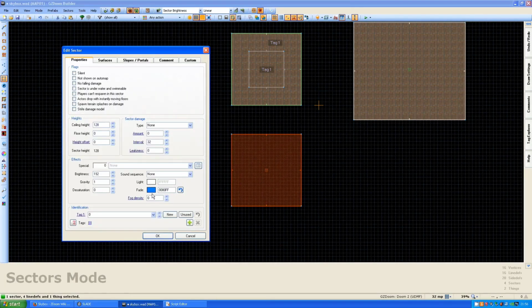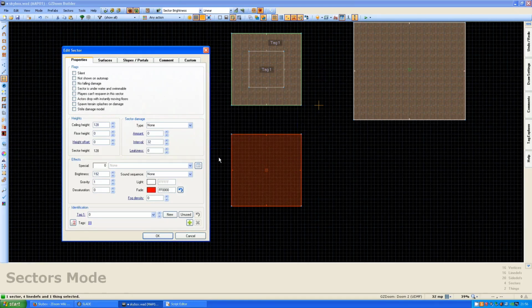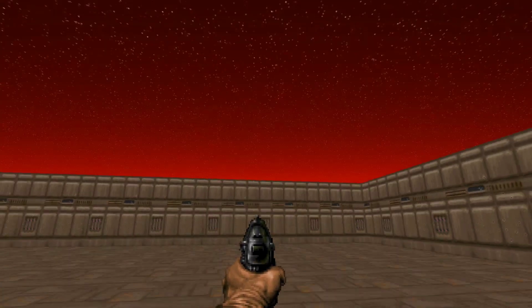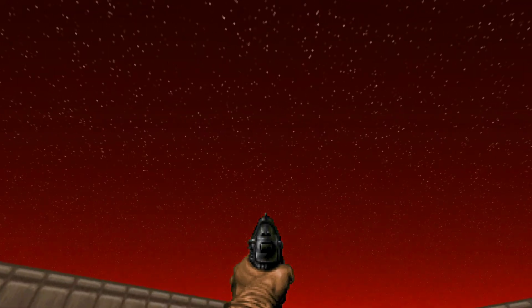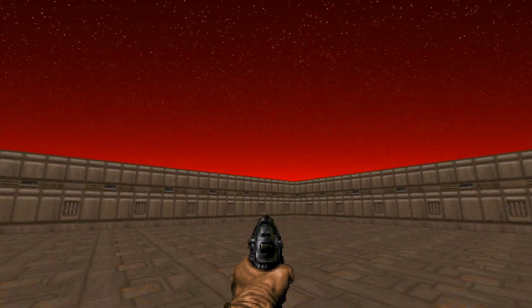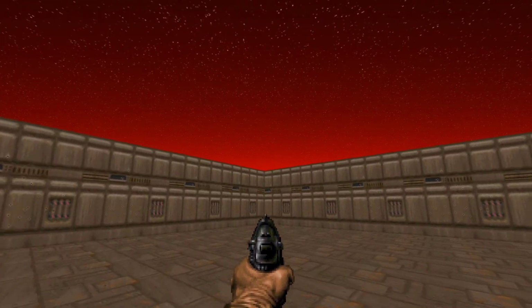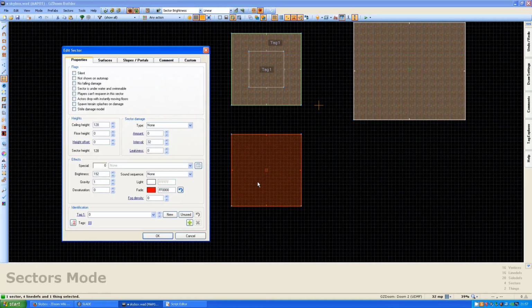So if we go back into the fade, let's say red. OK to that. Let's see what it looks like in red. There we go. So it almost looks like it could be the sun setting or something like that, or it just looks very evil. But yeah, that's how you add color fades to your skies very easily in Doom Builder without using paint tools or anything like that. I'm going to go ahead and set this back to blue,